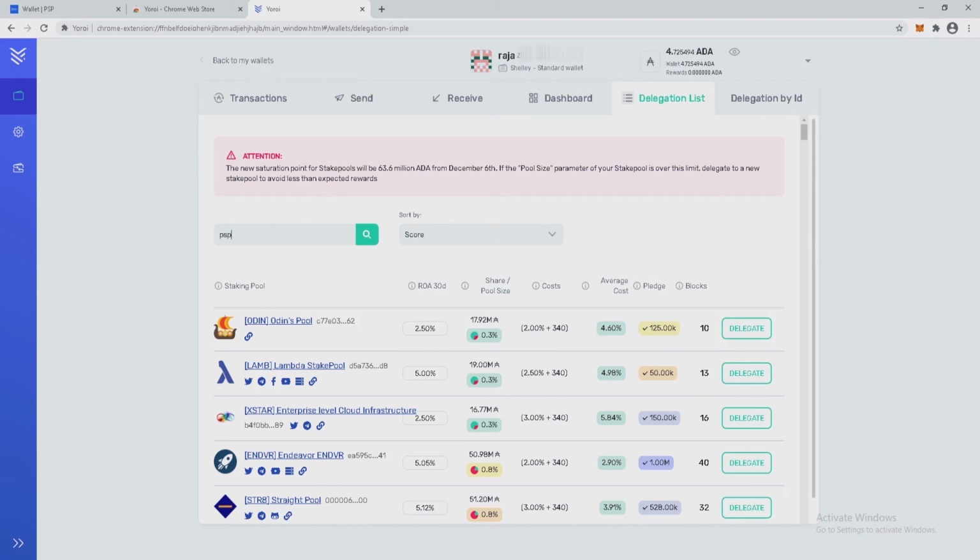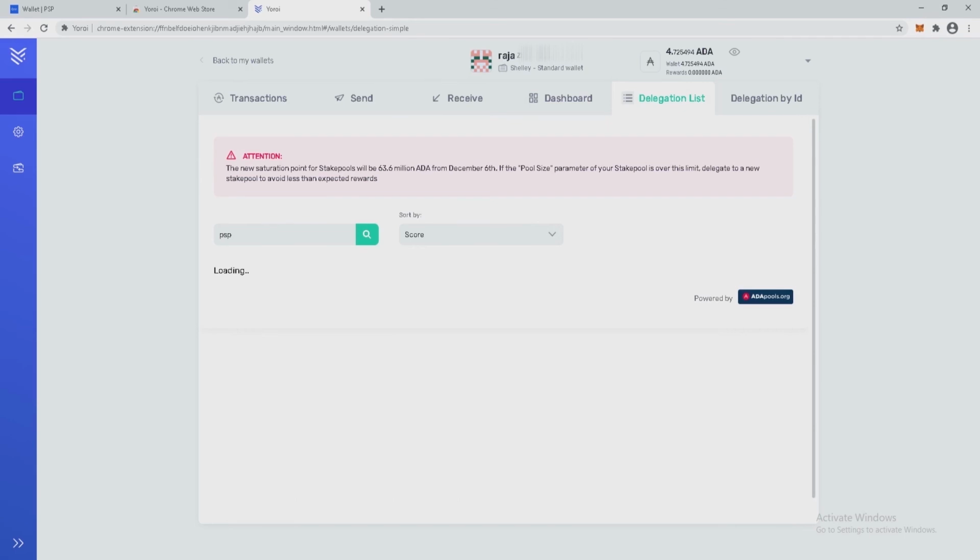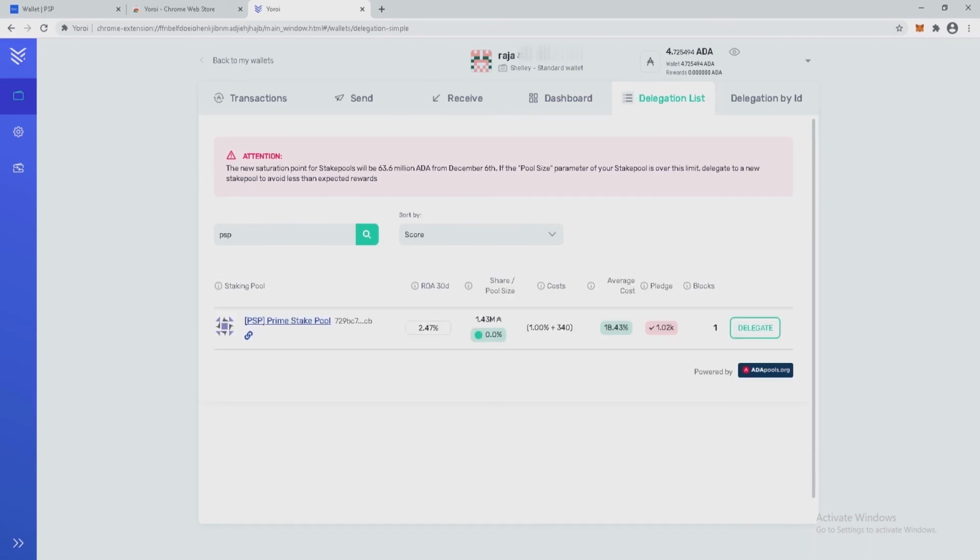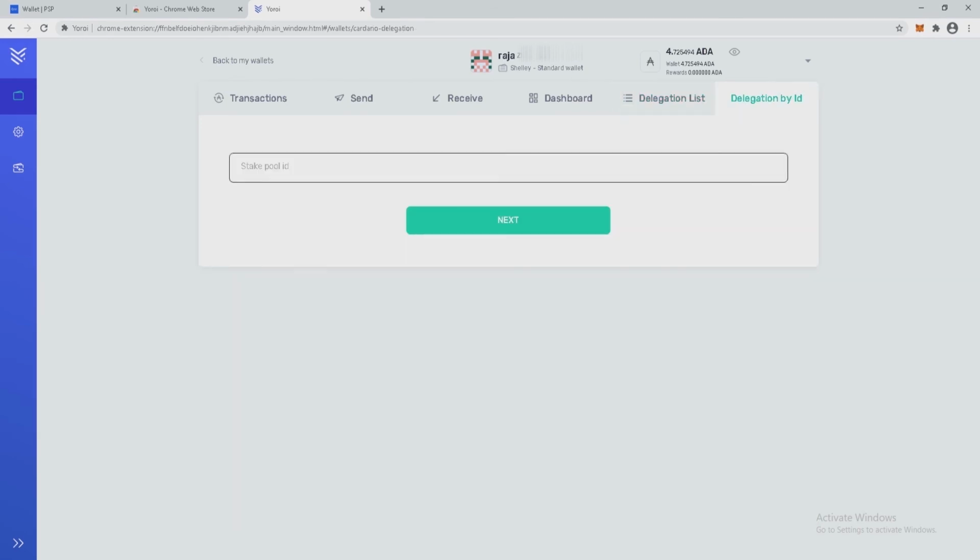So let's click PSP and click search. So you can delegate here to Prime Stake Pool, or also delegation by ID.